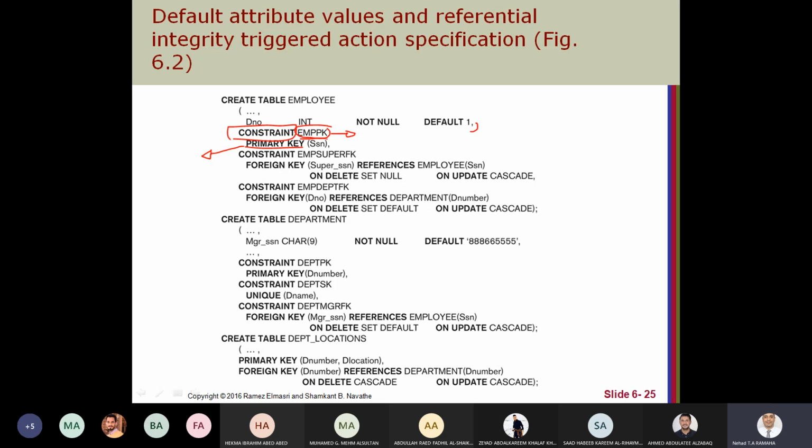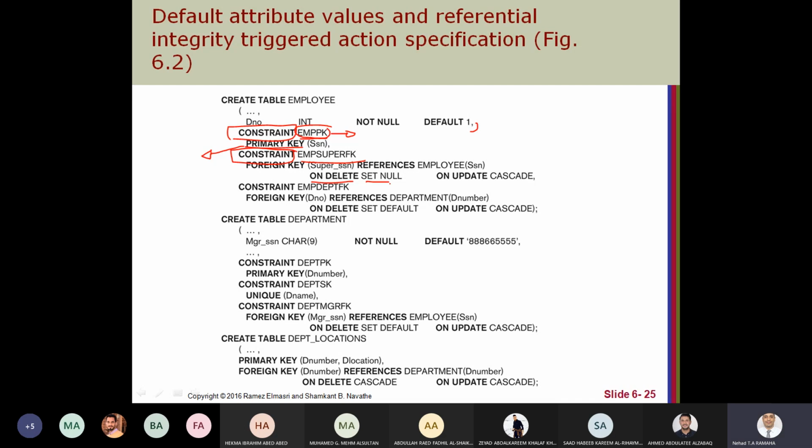Why could I do it like this? Because later, anytime you can change this constraint. So this constraint for the foreign key, I could change it later. Maybe after a while I say, okay, I don't want on delete to be set null, I need on delete to be set default.